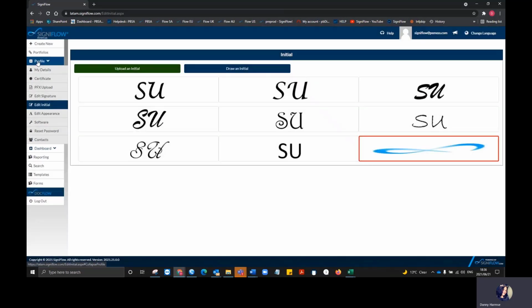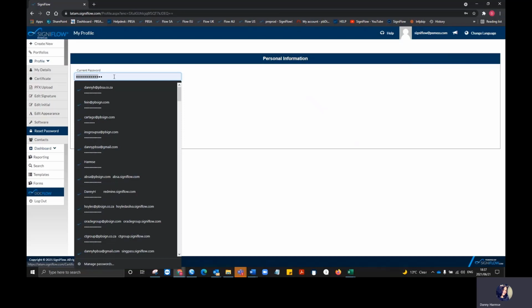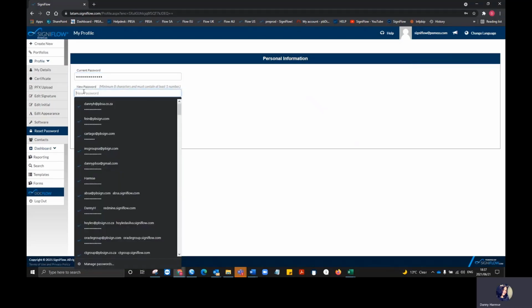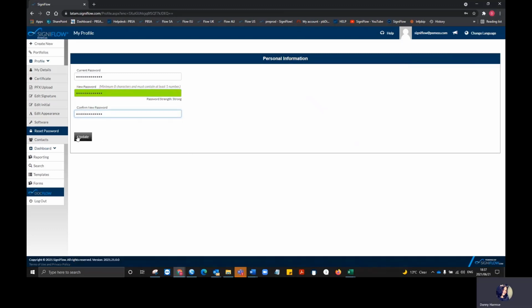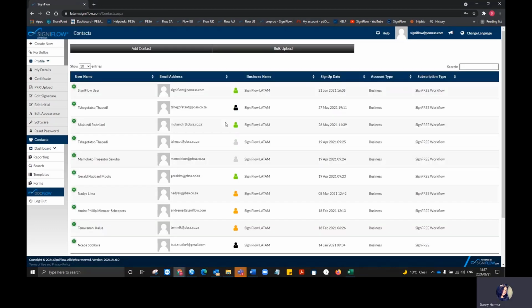Also, in the profile section, we will be able to reset our password. We can reset our password by typing in the current password, typing in a new password, confirming the new password, and clicking on update. Then we have contacts, and in our contacts, we will be able to create individual contacts